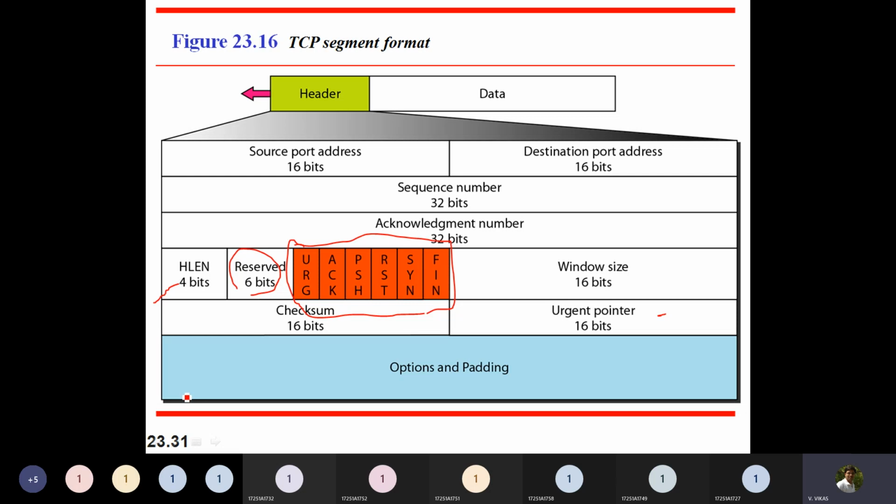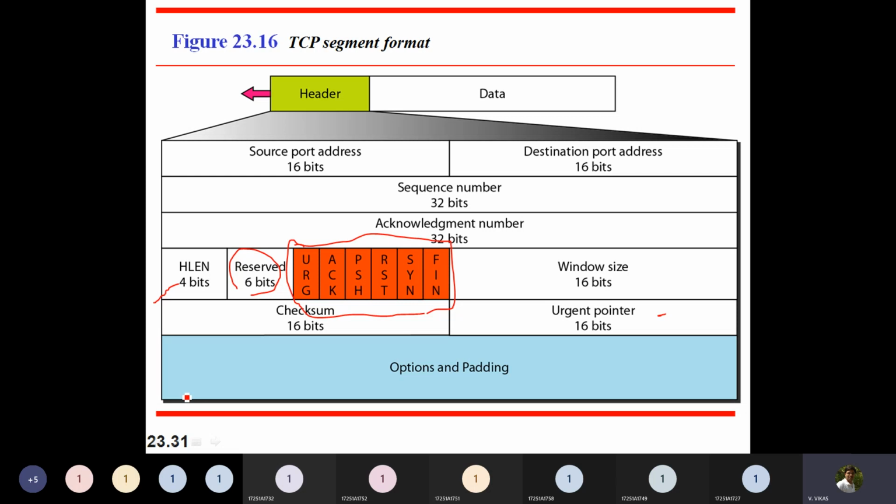Okay. Then FIN: I have completed all my data transfer and I want to terminate the connection. Then we will be highlighting this finish flag, and whenever it is highlighted, the other party who receives this information will come to know that this is the last one, and that the other party is interested in closing the connection, and we will be closing the connection.